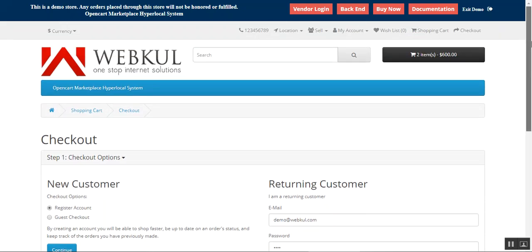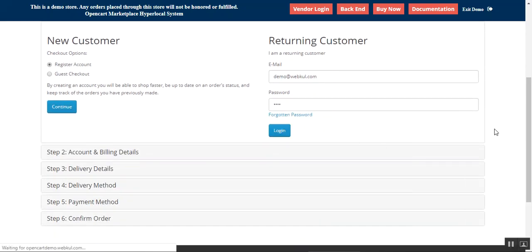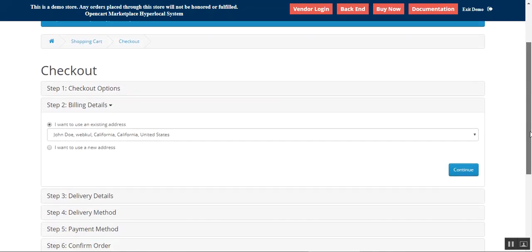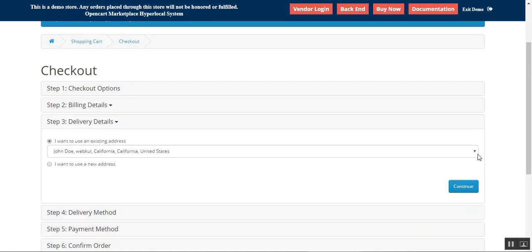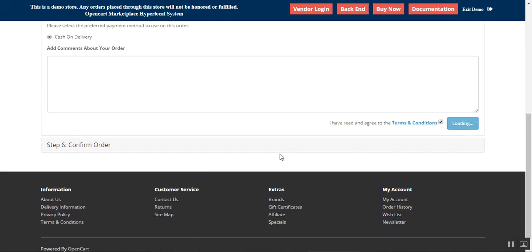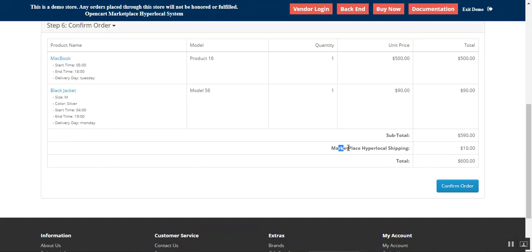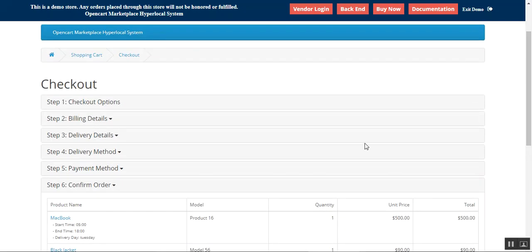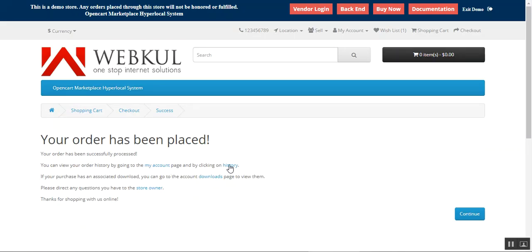I've not logged in, so what I can do is tap on the login button to log in, and then we'll proceed to the checkout button. So here our addresses are already selected, and let me tap on the continue button and continue, and let me confirm the order. So here's the marketplace hyperlocal shipping, the two products that I had added, and let me tap on the confirm button. Now you'll be seeing that the order would be placed,